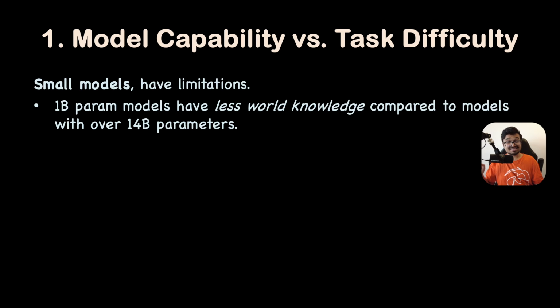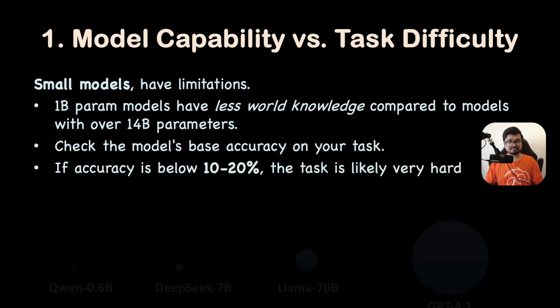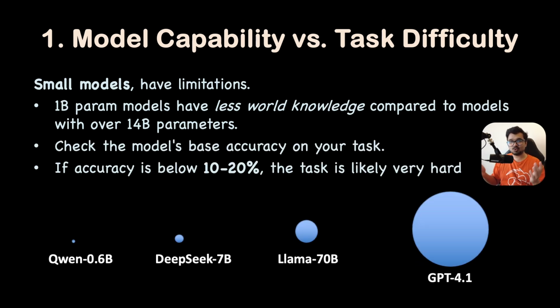In this final section, I'm going to list 10 things to keep in mind when training reasoning models, especially on small language models. Number one, not all reasoning tasks can be solved by all models. Small models don't have as much world knowledge as the large models, say above 14 billion parameters, do. An easy way to verify if a task is too hard or too easy for the model is to just check the base accuracy of the model on your own task. If it is, let's say, below 10 to 20%, the task is likely very hard and you need additional supervised